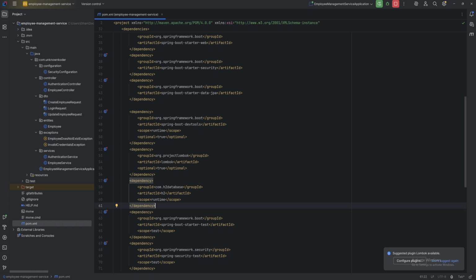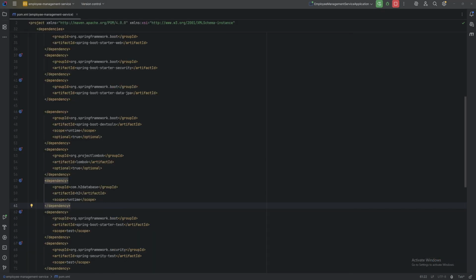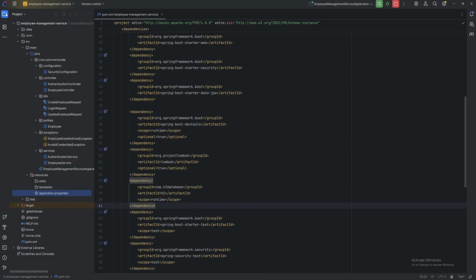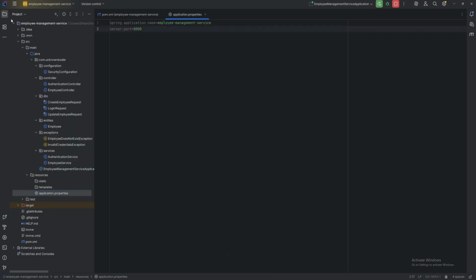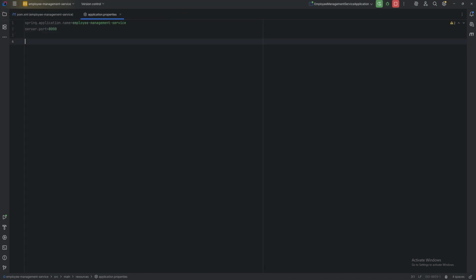Now all we need to do is hop into the application properties and set up our database connection. To set up our database connection, we want to open up our project, and go to application.properties. And here we want to set up a couple things. First thing that we need to set up is our Spring data source URL to our H2 database. To do this, we'll say spring.datasource.url is equal to